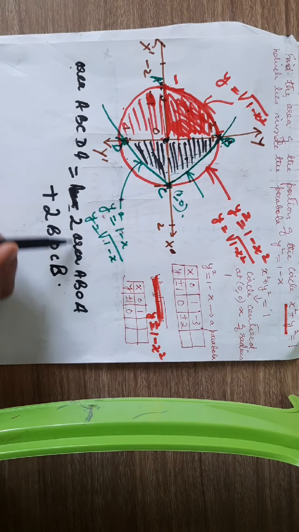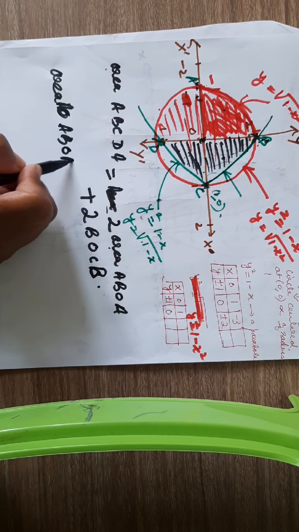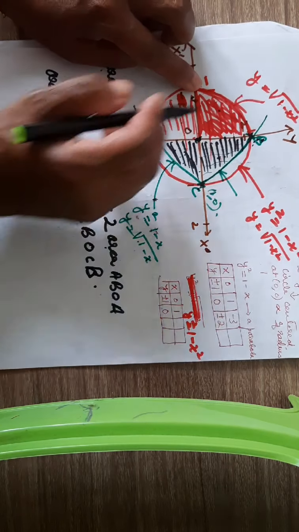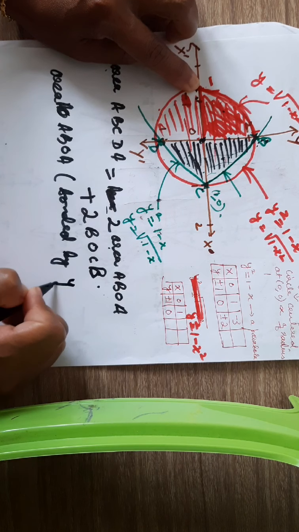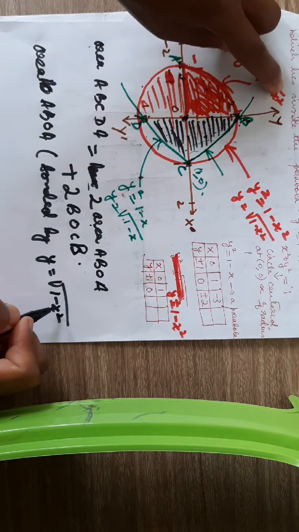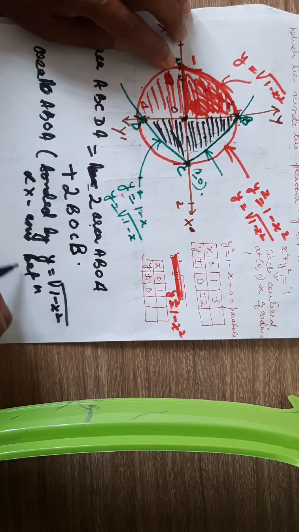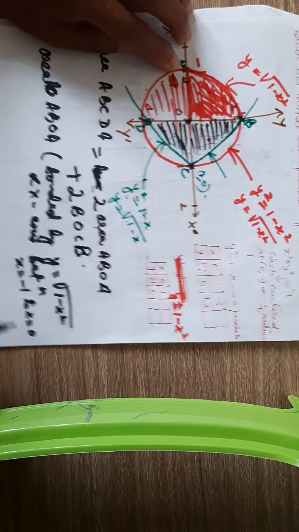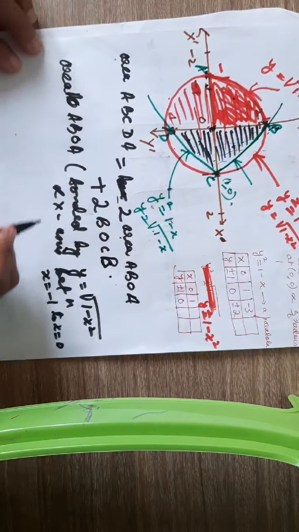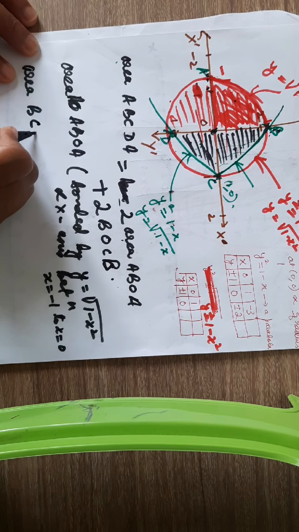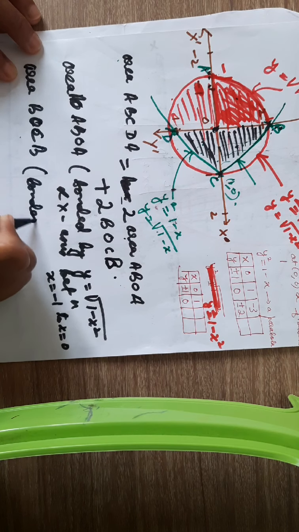So what is this area? The first one, area ABOA, is bounded by y is equal to square root of 1 minus x squared, that is a portion of the circle, and the x-axis between x is equal to minus 1 to x is equal to 0. And the second one is this one, area BOCB. This one is bounded by the green curve y is equal to square root of 1 minus x, the x-axis,